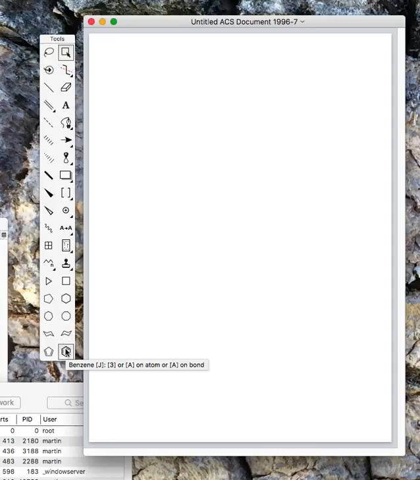I do have to start with one, so I'm going to choose a benzene ring here. Then I'm going to use the 1 hotkey while pointing at this atom to produce a single bond, and then the 3 hotkey to produce another benzene ring, and then I'm going to produce another single bond here by pressing